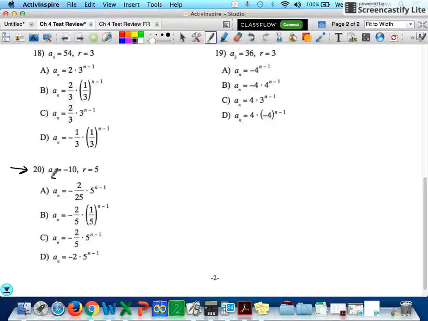Alternatively, a lot of people look and say a sub 2, that's pretty close to a sub 1. Because remember, in my formula, which was a sub n equals a sub 1 times r to the n minus 1, what we were looking for is this a sub 1. That's what we have to find. That's our missing piece. Well, a lot of people look at this one and they don't want to work it out the long way. They say, really, I need a sub 1,